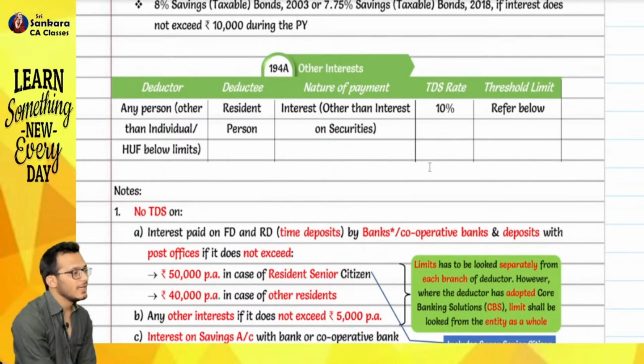Government authorities, no TDS will apply. They will not deduct TDS, and you will not give them TDS either. Clear? Yes. The last item coming in 194A is this: if it is a bank,